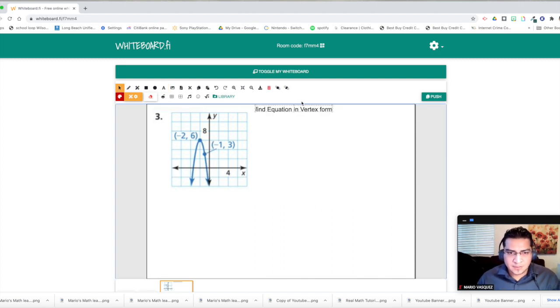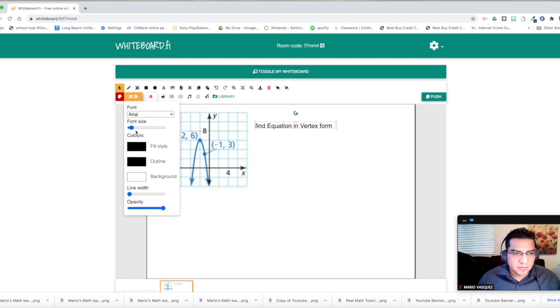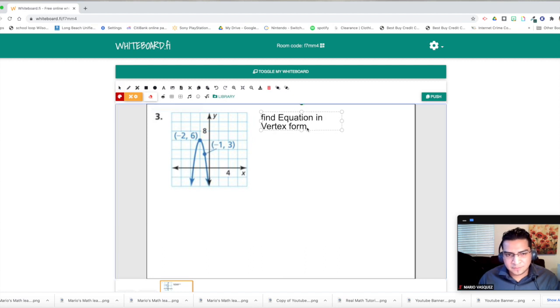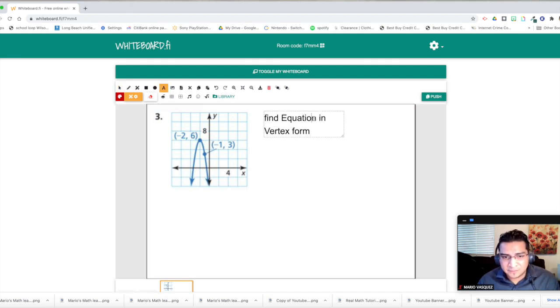Let me see, trying to get this here. If you want to make it a little bigger, of course you can always go here, change it a little bit bigger. 14 or 20, that's fine. Find the equation in vertex form, right? Or find the equation of the parabola. We can put that. Find the equation of the parabola